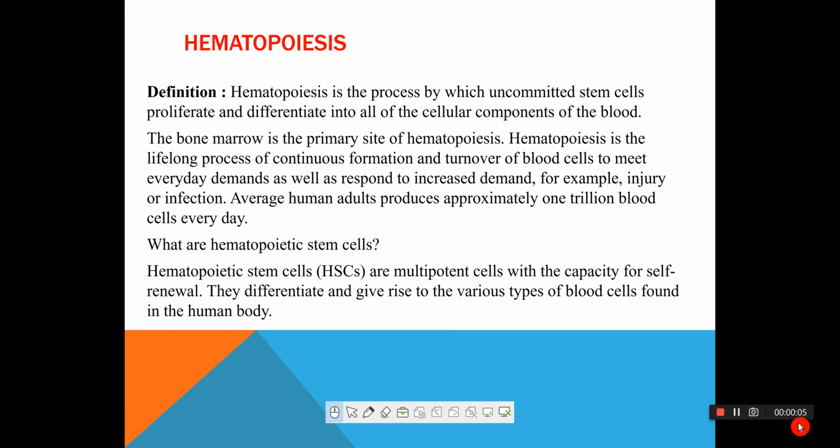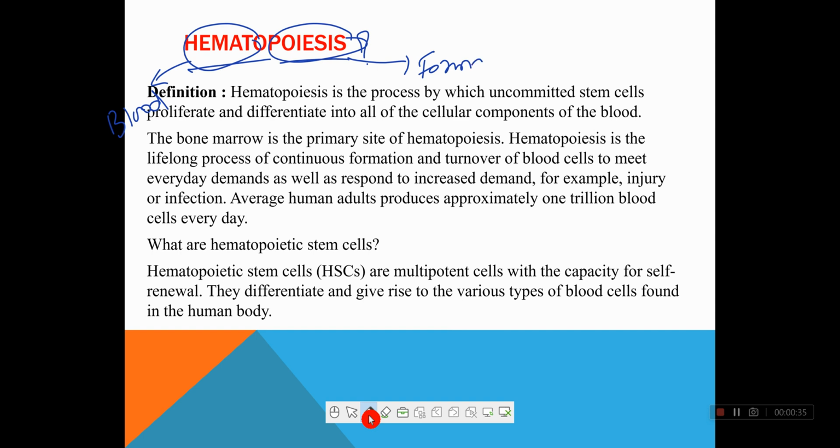So now let's just talk about hematopoiesis. What is actually hematopoiesis? As you will see, the word hematopoiesis is again made up of two words. The first one is hemato and the second word is poiesis. We know that in Greek, hem or hemat means blood, while the word poiesis means formation. So combining these two words, we can get a definition: hematopoiesis is the formation of blood, or in a more clear way, we can say that hematopoiesis is the formation of the cells of the blood in the